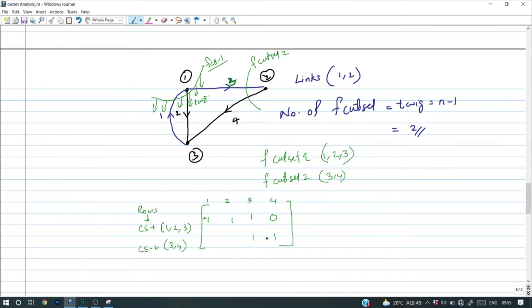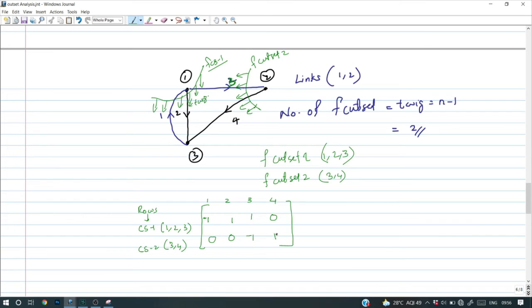Similarly, for cut set 2, 3 and 4 are involved. We can mark 1. Which is not connected, we can mark as 0. Now we can mark the direction. Here the direction is not marked. So here the direction of F cut set is in this direction. Why? Because the direction of twig 4 determines the direction of the F cut set. What is the direction of the twig? In this direction. So that is the direction of the F cut set. Now we can determine the directions of these. For branch 3, its branch current direction is opposite to the F cut set direction, so it is negative. For branch 4, the same direction as that of the F cut set direction.